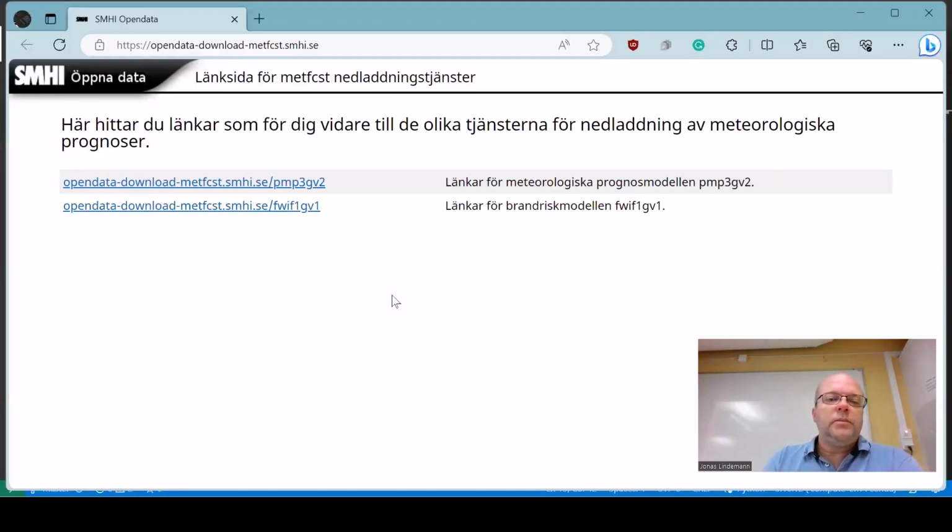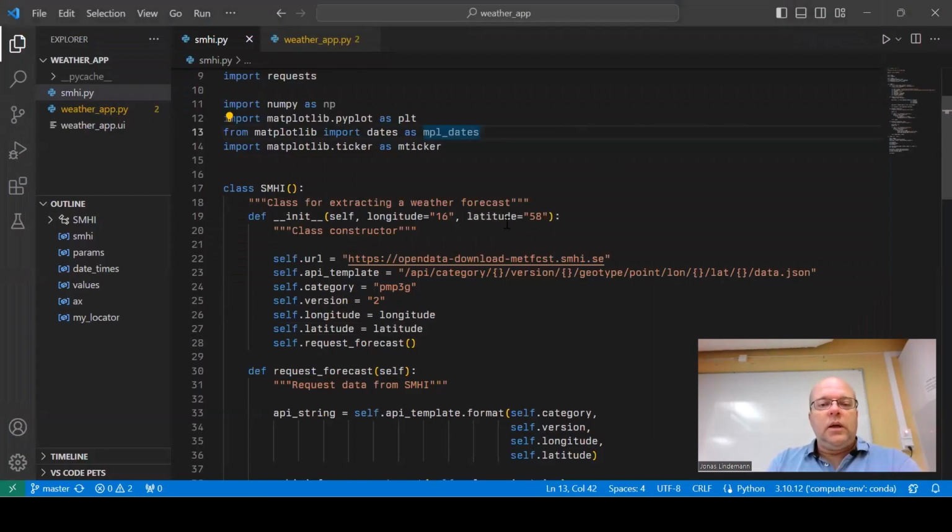So this is the web page from SMHI. And they have public APIs here where you can download data. So the idea is to create a Python class that downloads data from one of these services. And to do that, I usually implement most of my stuff in classes so I can reuse them later. So we're going to create a class SMHI,